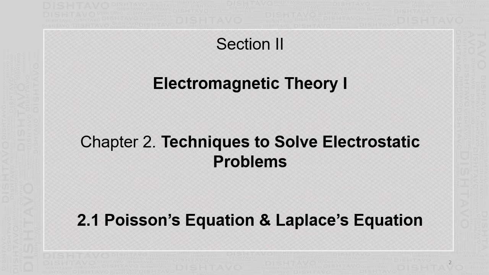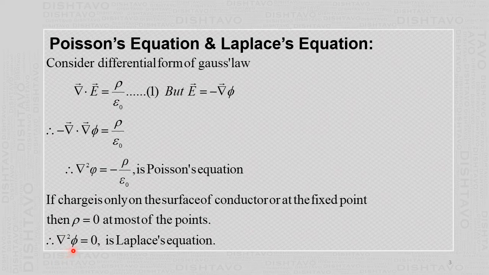By solving this Laplace's equation, which is a second order differential equation, one can calculate the potential due to a system of charges. To get the Laplace's equation, we have to first get Poisson's equation. To get it, we'll first consider the differential form of Gauss's law, which we have proved in the previous chapter. According to this, del dot E equals rho by epsilon 0, that is, the divergence of the electric field is equal to rho by epsilon 0, where rho is the volume charge density